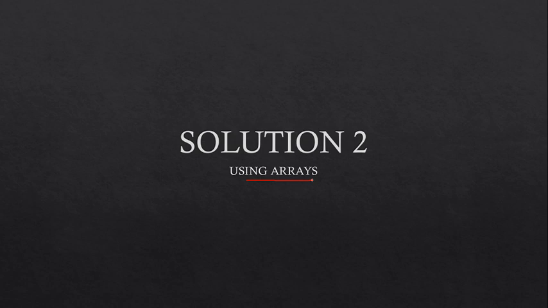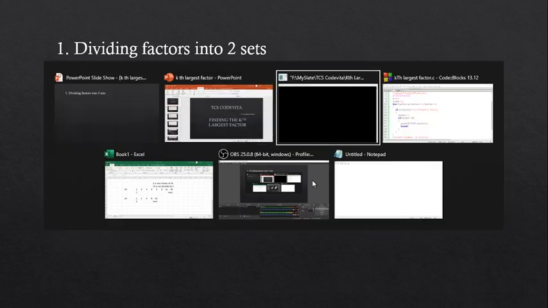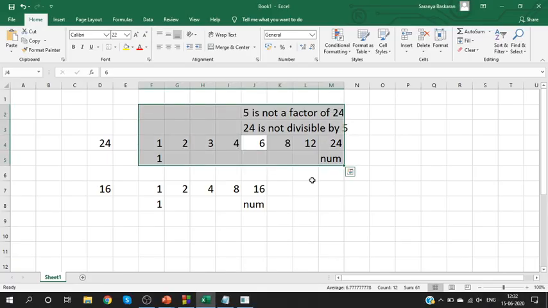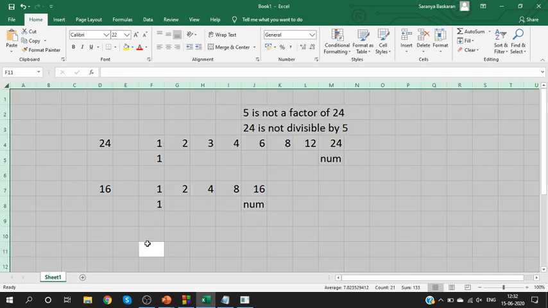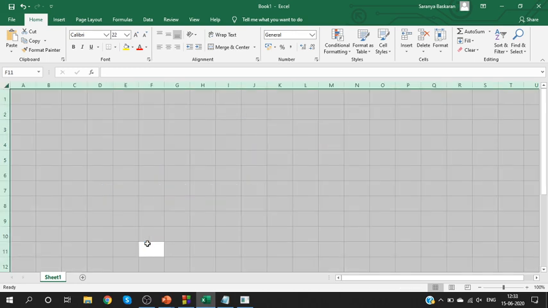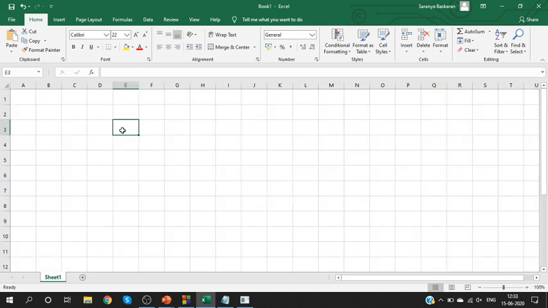I'll show you. Guys, if you have seen the prime number problem, the consecutive prime sum problem, I would have already told you that factors can be divided into two sets. I've said this already. Those who haven't seen it, don't bother. I'll explain it once more. I'm not moving on an assumption that you know it already. I want you to be very clear with the topic.